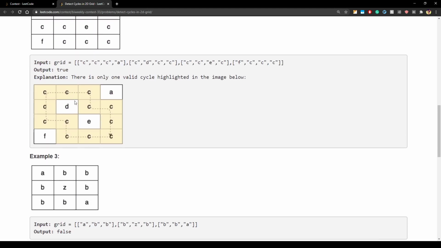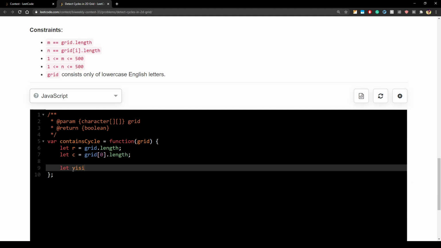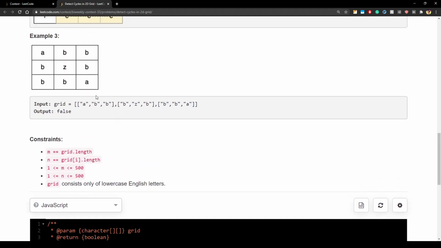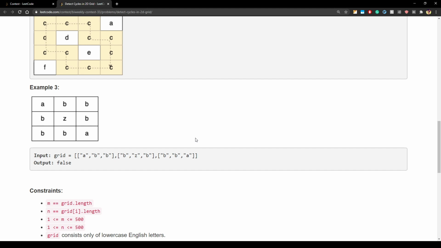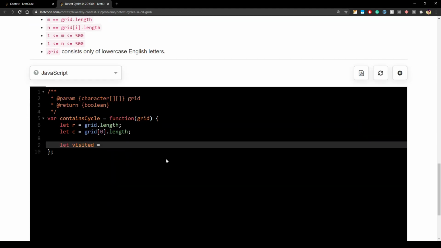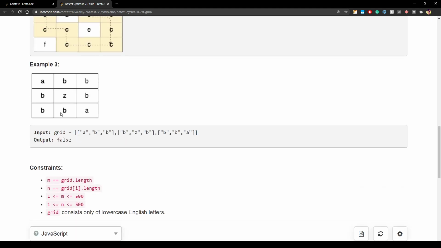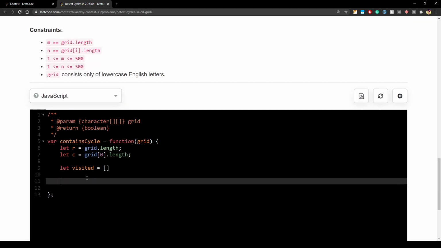So you start from C. So I'm just thinking if I'm maintaining a visited array. Visited is true. Okay, let's just try to do it and say visited is an array. So that array will actually be the size of this grid. And true. Cool. Let's just implement it. Then I'll improve. I got another idea, and I'll just implement it. If it is wrong, then we will see. So first, this visited array has to be of the same shape as that of the grid, because we need to mark every node as visited. So let's just see.